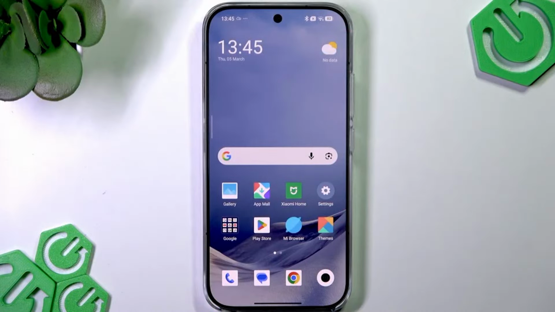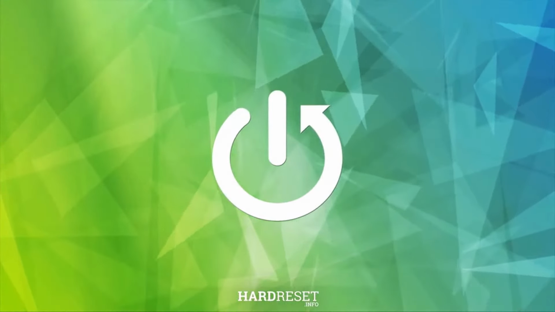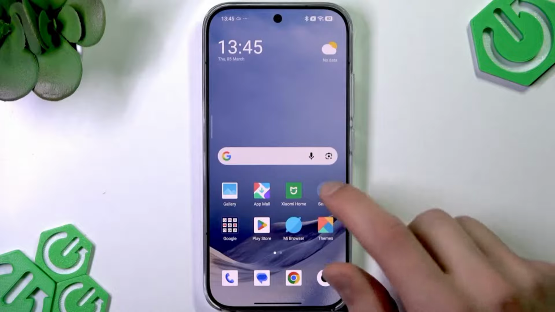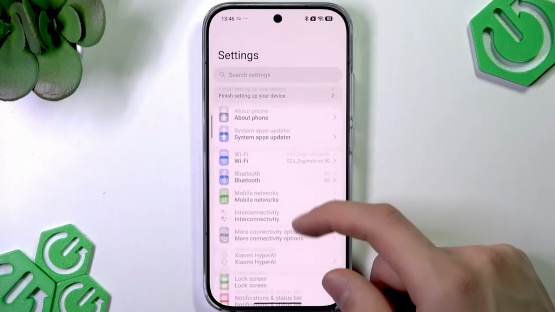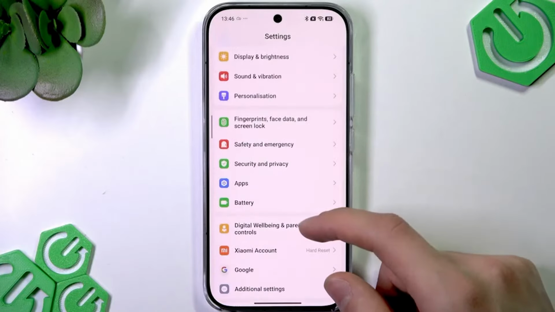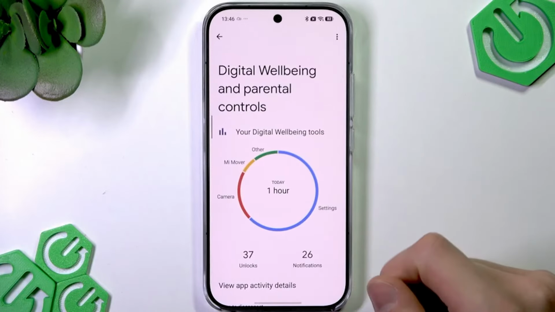Welcome. In this video I will show you how to use focus mode to block distractions on your Xiaomi 17. To enable the focus mode on your phone, you're gonna have to go to Settings. Then in Settings, we're gonna have to go to Digital Wellbeing and Parental Controls menu, and here scroll down to